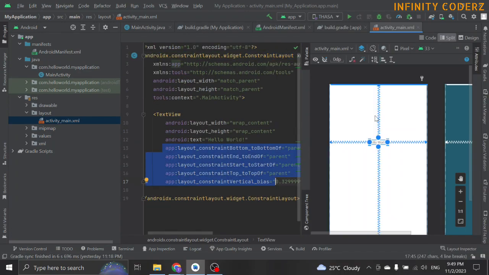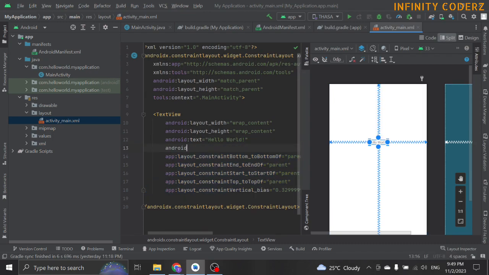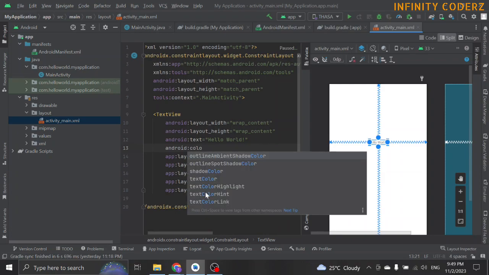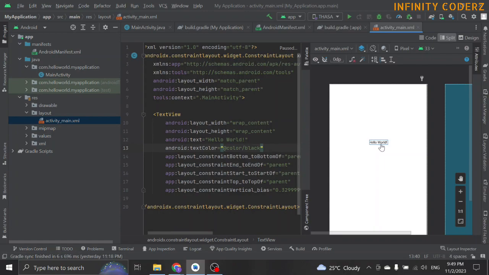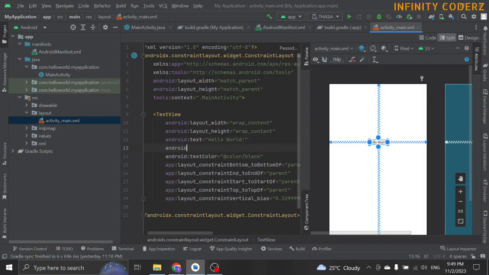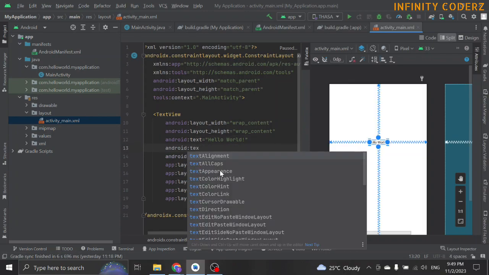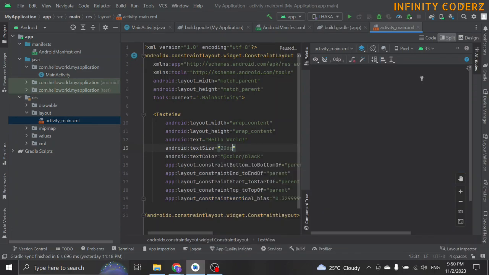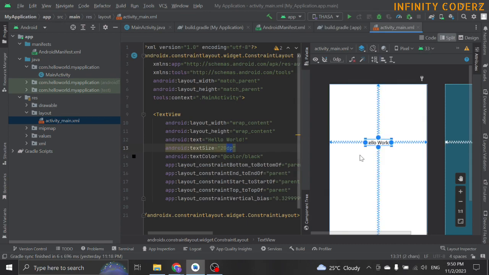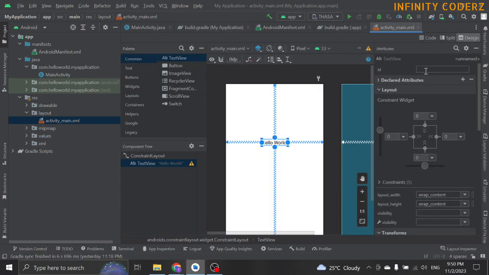For example, if I want to add black color text to the Hello World string, we could key in android:textColor and set it as a black color code, or the color that has been saved in the resource folder. After setting the color, we could view in the preview of the layout that the Hello World string color is updated to black. We could also make the text size a bit bigger by keying in android:textSize, and set the value in sp, dp, or using a predefined text size like small, medium, or large.